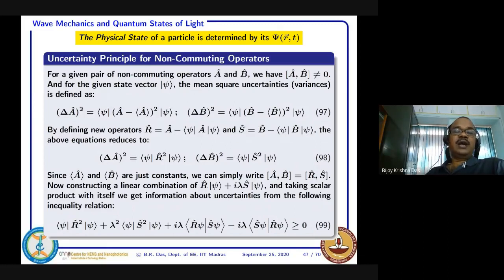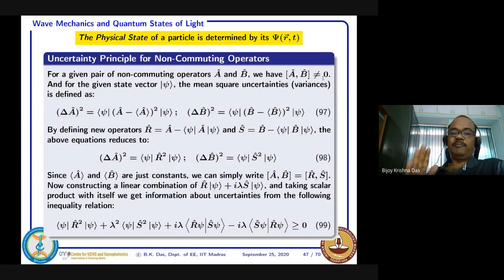So now we will discuss the uncertainty principle for non-commuting operators. Most of the time we can find a pair of quantum operators that may not commute with each other. Assume two non-commuting operators A and B for a given state vector. Non-commuting means we define that the commutator [A, B] is not equal to 0, that means AB minus BA is not equal to 0. If it is 0, then we will say that they are commuting. That is good for many things, but for quantum mechanics, that is unlikely most of the time.